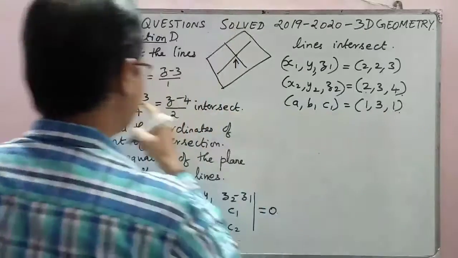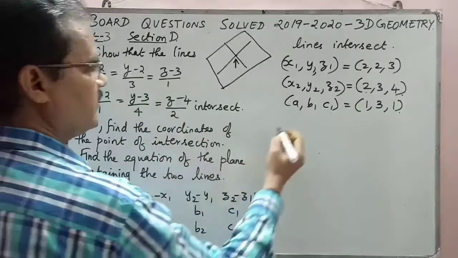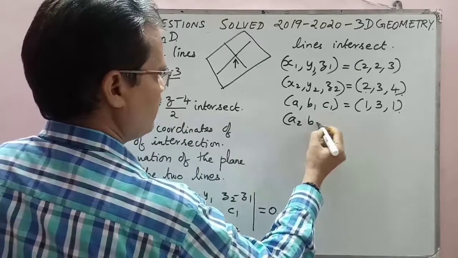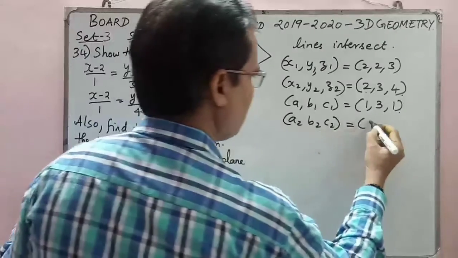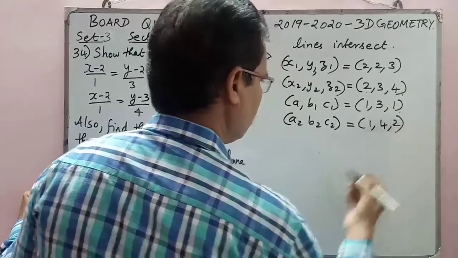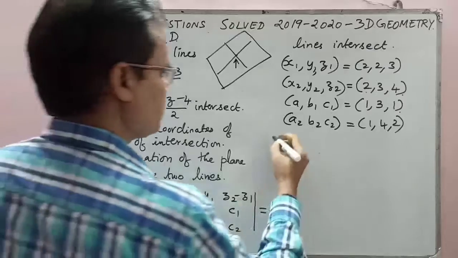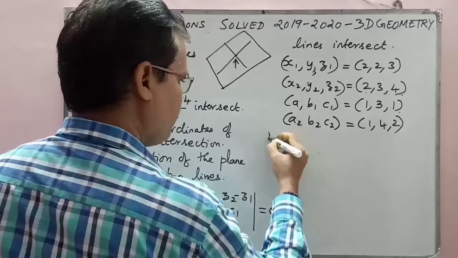We know the denominator of a line equation shows the direction ratios. A2, B2, C2 are direction ratios of the second line, 1, 4, 2. Now we'll substitute in this equation and check whether it is equal to 0. I'm taking my left hand side,